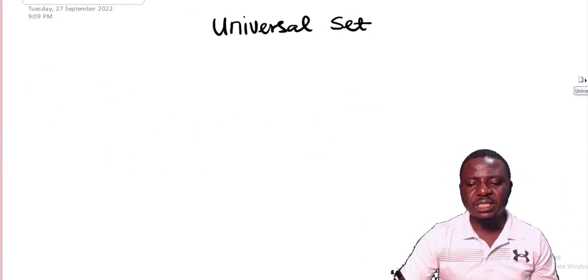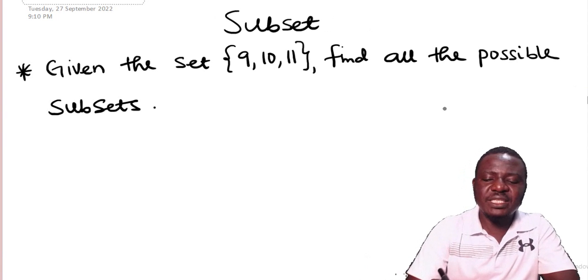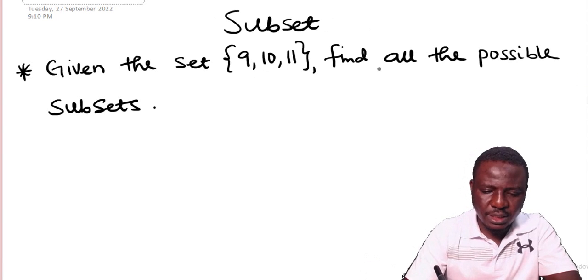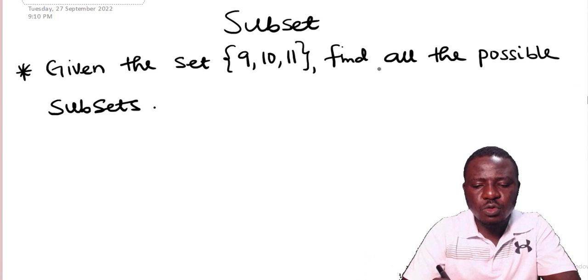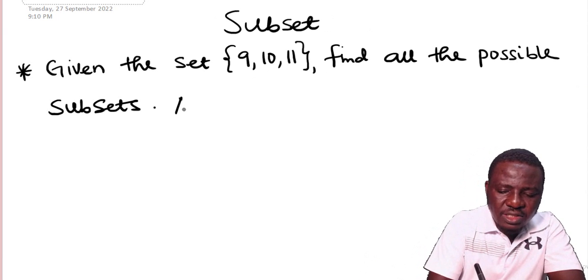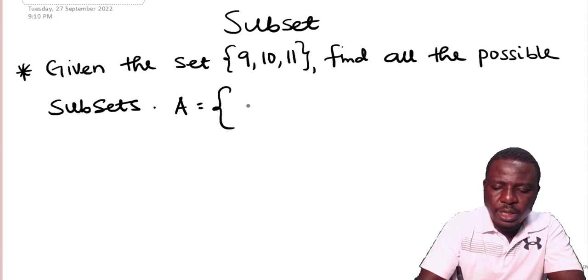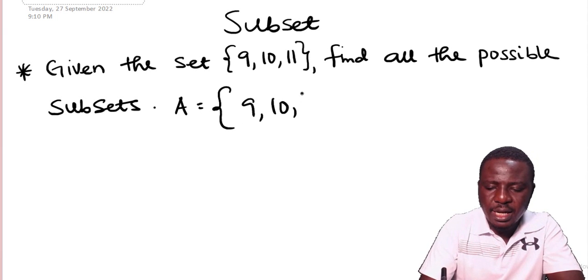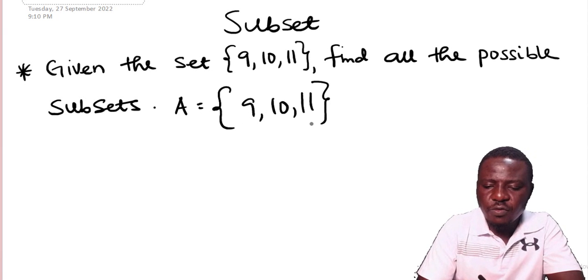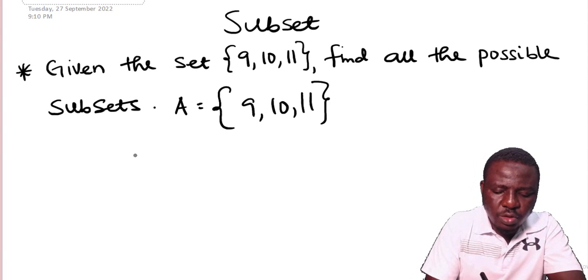The universal set is a set that contains all the elements under consideration. Given the set 9, 10, 11, find all the possible subsets. I defined a subset to be a fraction or part of the universal set. So if this set is defined as A to be 9, 10, 11, all the possible subsets of this set can be said to be